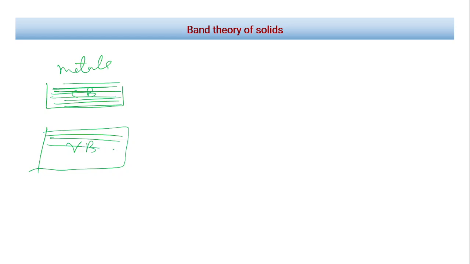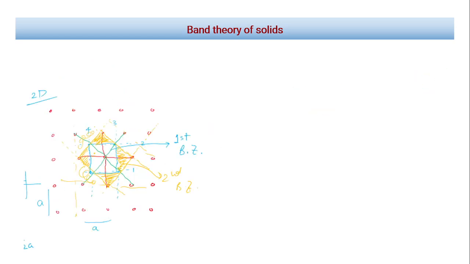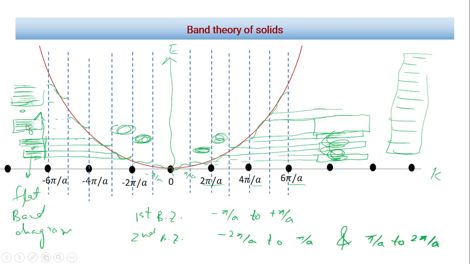That is also set of very close energy levels, and it's not like sometimes we mistake, we think that there are only these two bands, one is valence, one is conduction band, but that is not the case. As we saw here, we have a lot of these bunch of energy levels, means lot of these bands, and